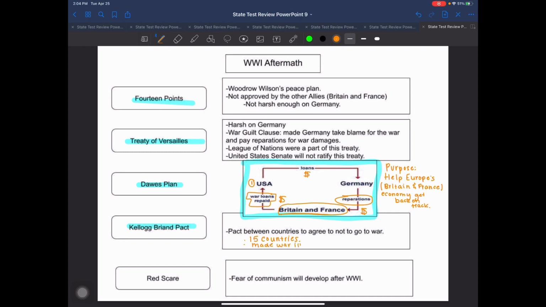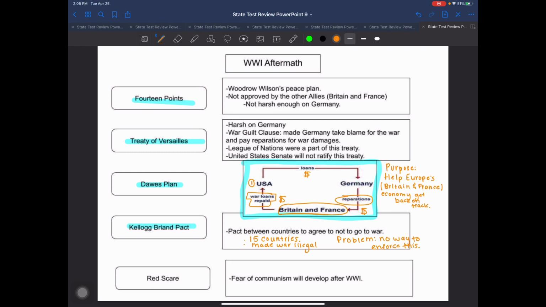As a matter of fact, we often say that this made war illegal, which is, I guess I'm just extremely judgmental here. As a teacher, I teach my kids this was probably one of the dumbest things that we ever did because there is a major problem with this. I mean, guys, it's an awesome concept. Like, hey, let's all sign this promise saying that we want peace and we're not going to go to war. War is going to be the last resort. We're not going to be jumping into these problems. So the problem is there is no way to enforce this.